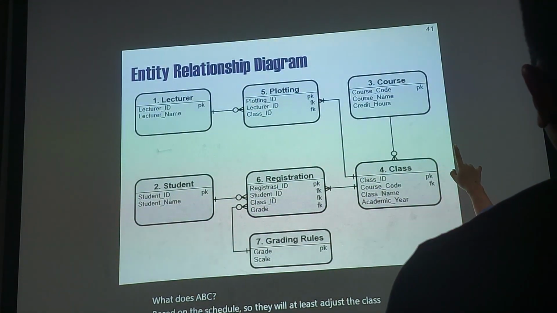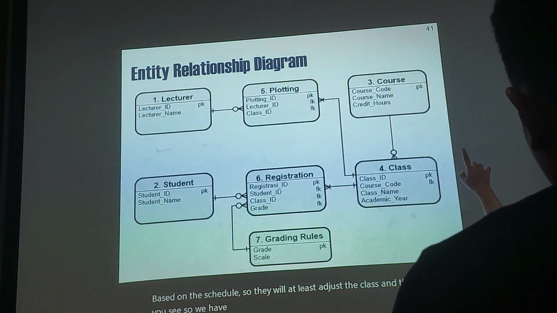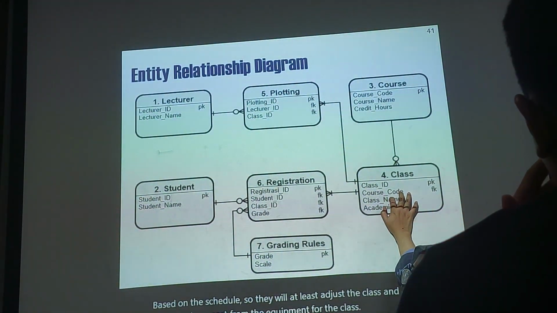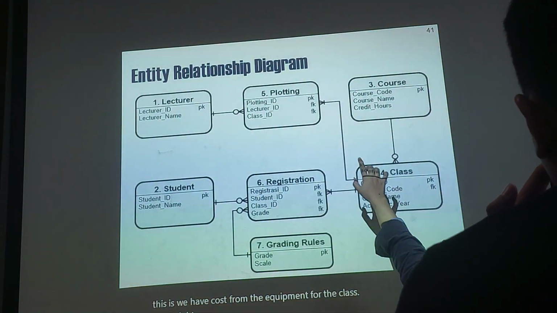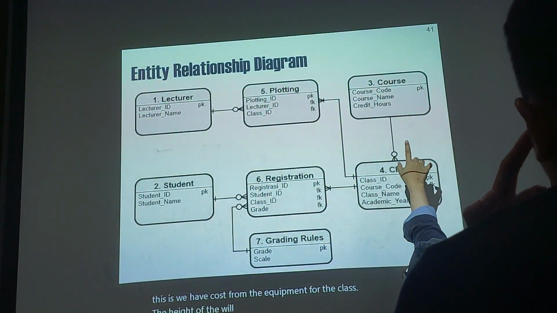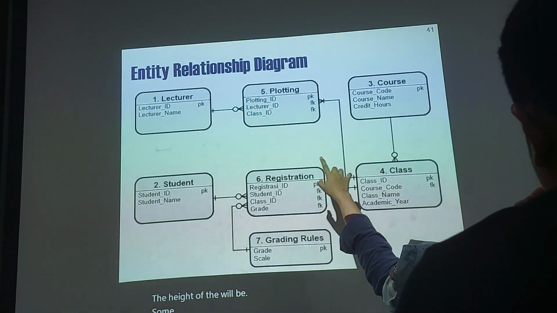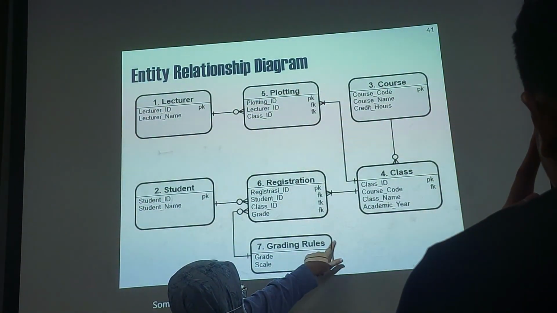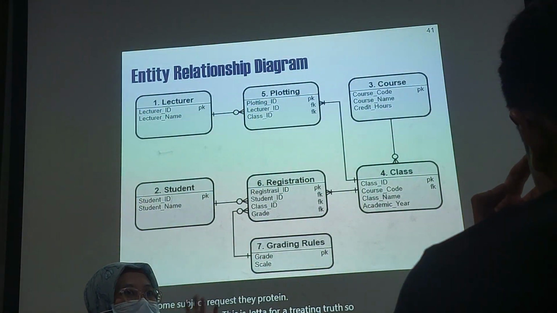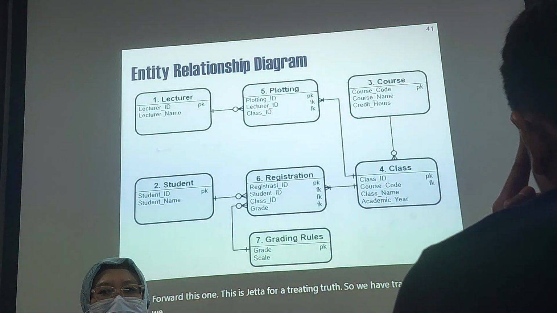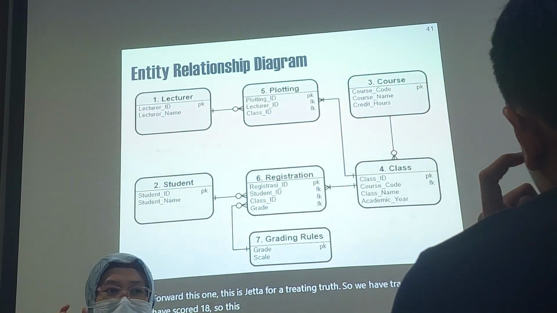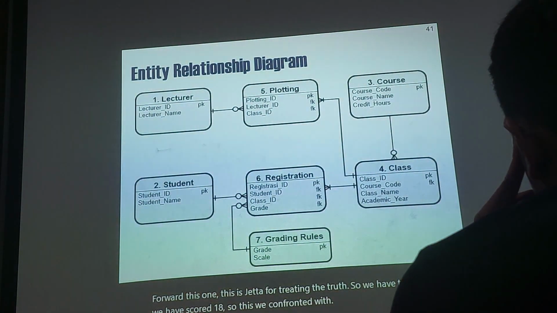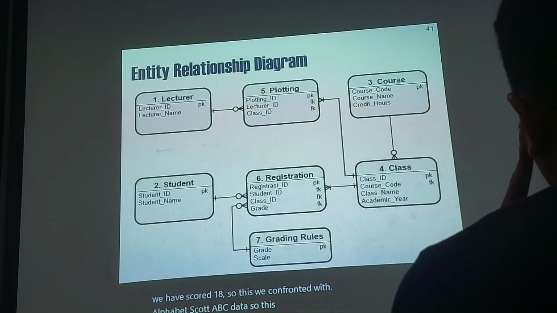And then we have courses from the curriculum. For the class, the head of department will assign some subjects in the class, plotting them. This is data for the grading tool. So we have grade. If we have a score of 80, we convert it to the alphabet score A, B, C, D. So this is the grading tool.